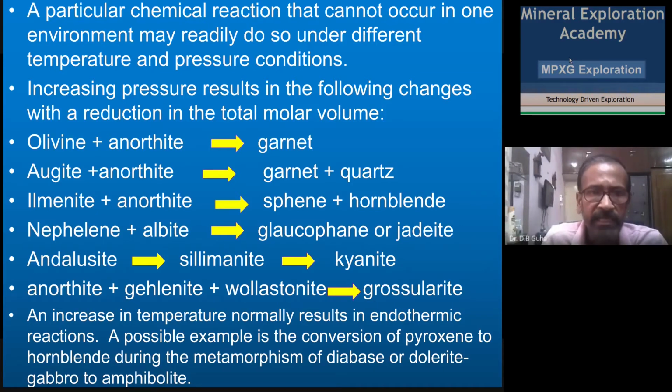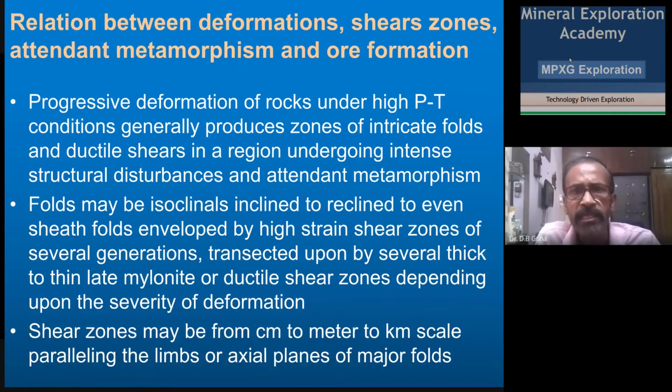An increase in the temperature normally results in endothermic reactions. A possible example is the conversion of pyroxene to hornblende during metamorphism of a dolerite or a diabase, or gabbro or diabase to amphibolite, where an endothermic reaction changes the pyroxene to amphibole plus plagioclase. In a fold belt evolution or in an orogenic terrain, progressive deformation in that terrain will increase